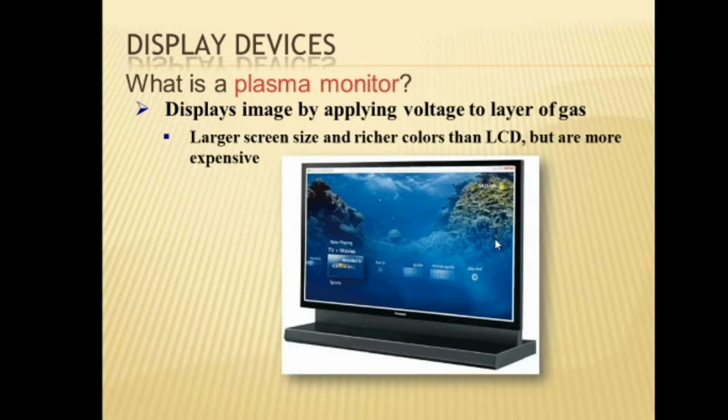Plasma monitor. A plasma display is a computer video display in which each pixel on the screen is illuminated by a tiny bit of plasma or charged gas, somewhat like a tiny neon light. Plasma displays are thinner than cathode ray tube (CRT) displays and brighter than liquid crystal displays. It displays image by applying voltage to layer of gas, larger screen size and richer color than LCD, but are